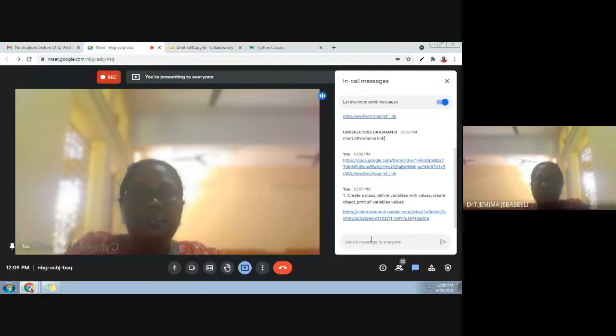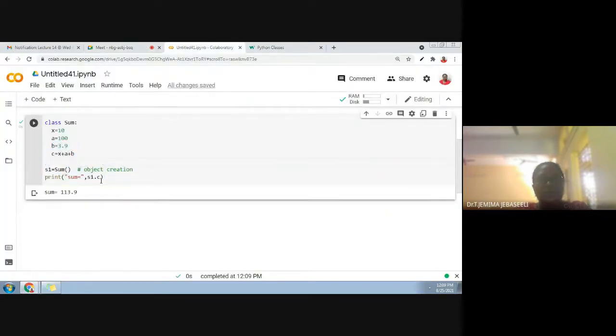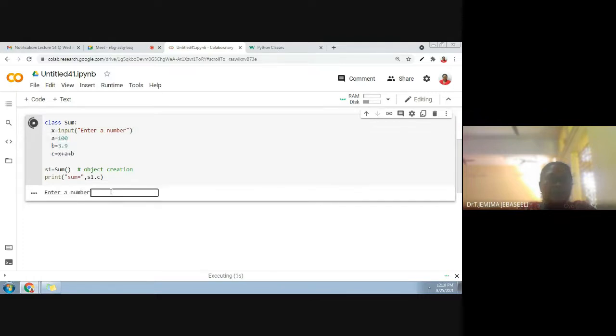So the second program is: find the sum of three numbers. I hope you understood, right? So now you know how to create variables and how to find the sum. In case some variable values you want to get from the user, you use input, enter a number, right? So this is how we can give the input box, and the number can be dynamic when you click